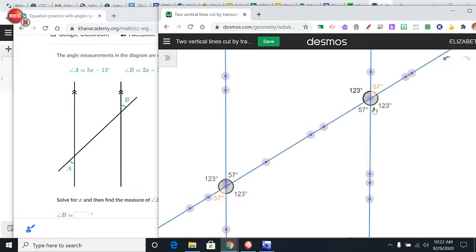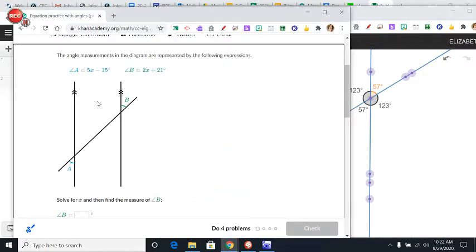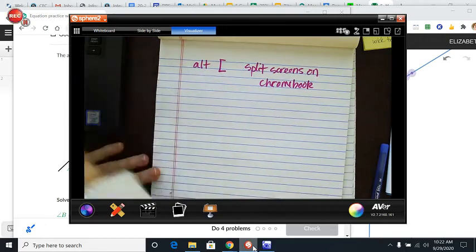I made sure that the lines are parallel because they are on Khan, and I can see that these two angles that are on opposite sides of the transversal are the same. They're congruent. So I'm going to use that relationship, and I'm going to say, okay, I know these two angles must be the same, so I know